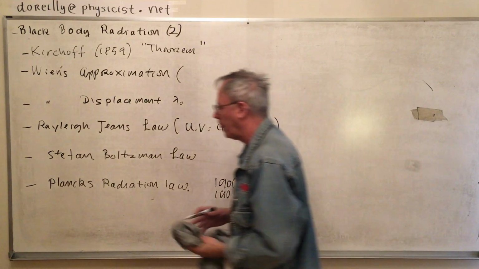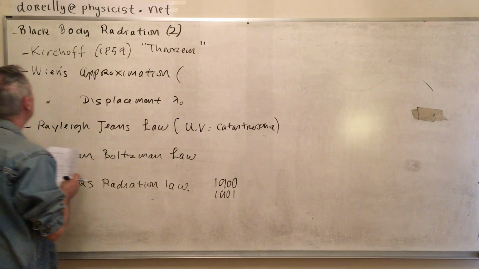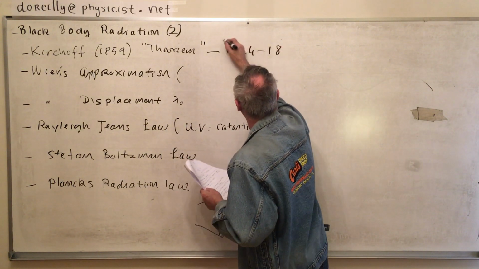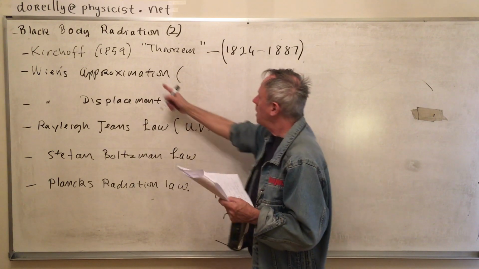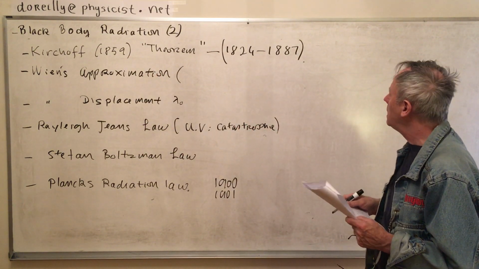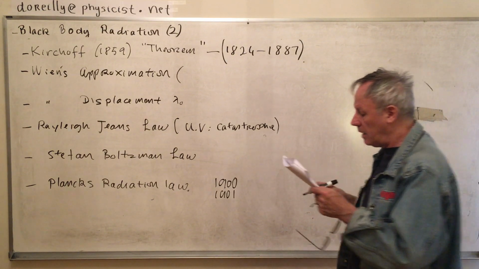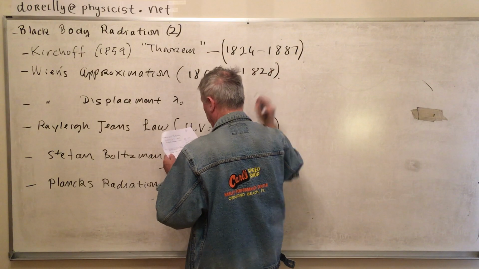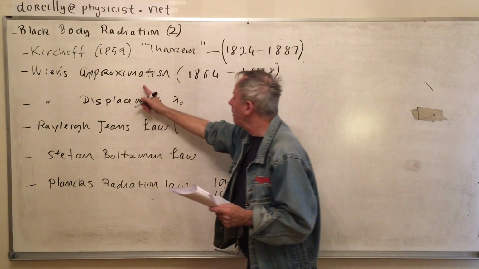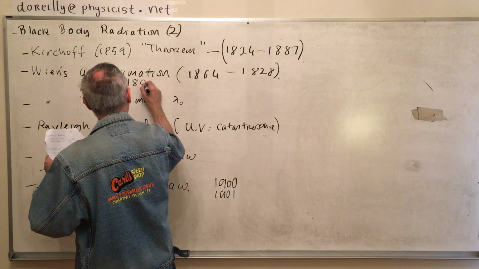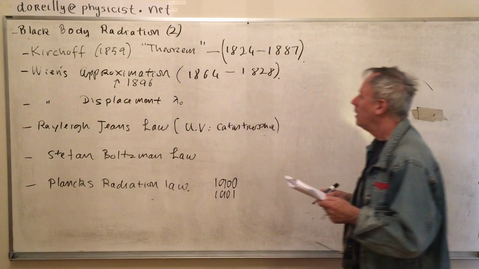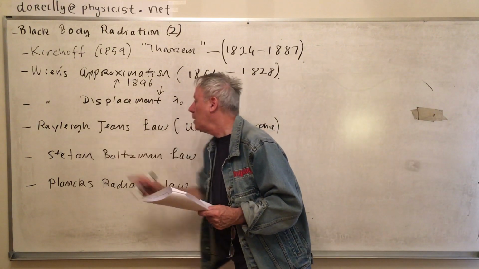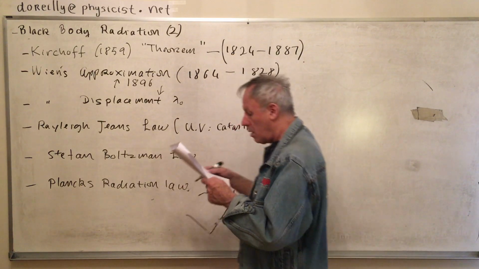So in terms of the history, Kirchhoff's theorem is 1859, but he lived between 1824 and 1877. Wilhelm Wien lived 1864 to 1928. And the approximation is done in 1896, the actual paper. Now the displacement law follows from that, so that's in the same year because it's just a derivative. Rayleigh, James Strutt, Baron Rayleigh, and James Jeans, that law, well let's see,